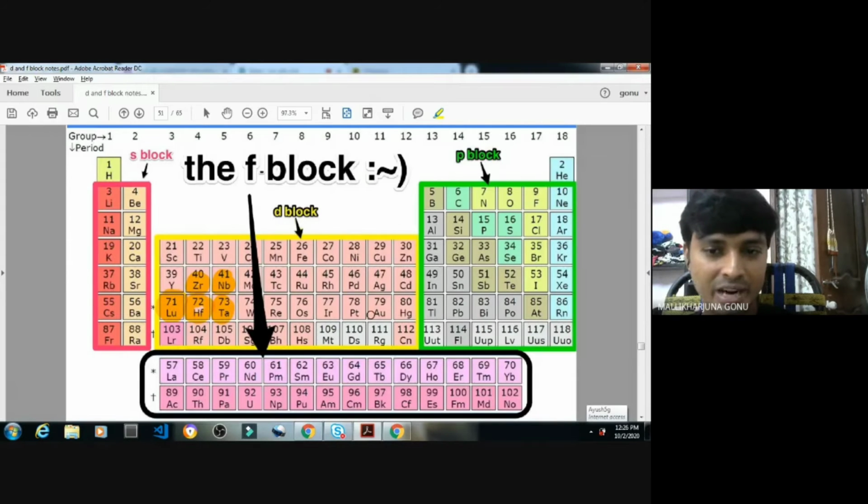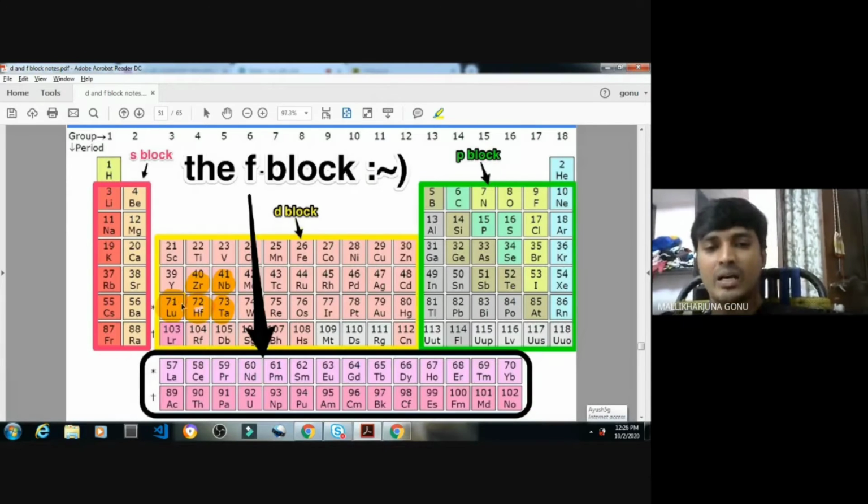In between, what is happening after completion of this? F blocks are coming. The electrons are added here. So all these electrons are added in F orbitals in between. Due to that, those F orbitals are unable to shield the valence electrons. That is the reason the size will contract. That property is called the lanthanide contraction, which is the most important point in the F block elements. Is it clear, Aishwarya?